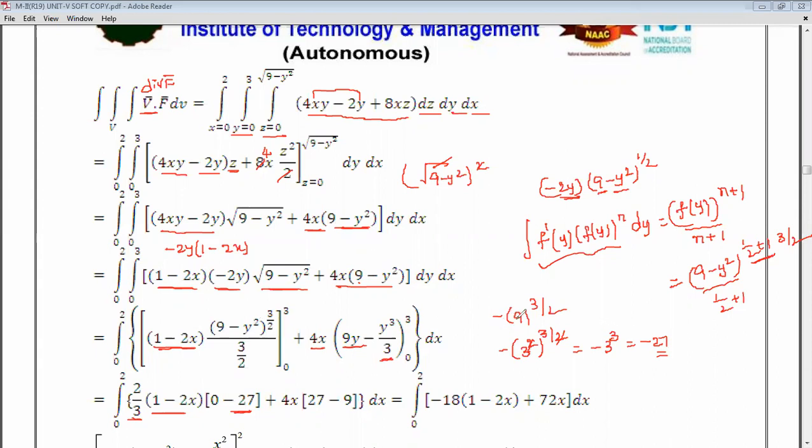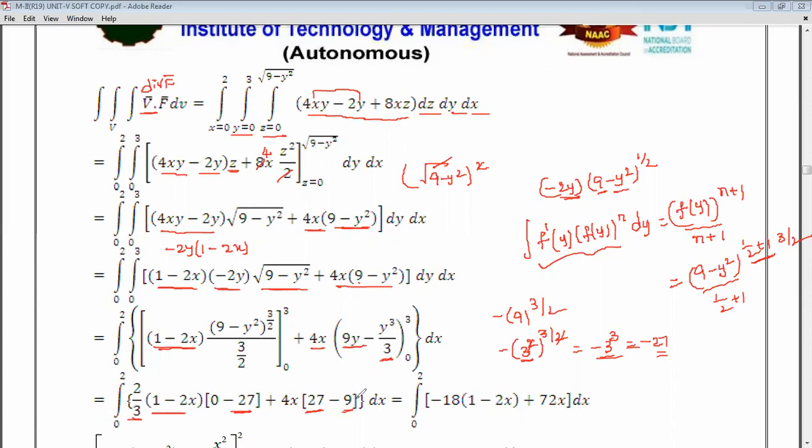That's why minus 9 minus 0 is nothing but 9 power 3 by 2, and 9 I wrote as 3 square whole power 3 by 2 as it is. The 2s both will cancel, and the remaining 3 cube is nothing but 27. Now coming to this, 4x into y is nothing but 3, so 3 into 9 is 27, and 3 cube is 27 by 3, that is nothing but 9.